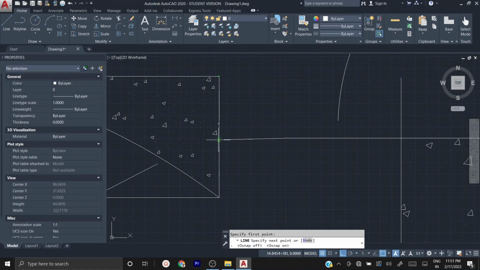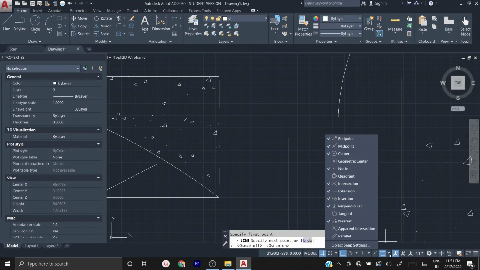Say I don't want any perpendicular point, and I want only AutoCAD to help by showing the end objects. If you want to do that, then you go back to this little drop down arrow adjacent to this object snap icon. You click it.